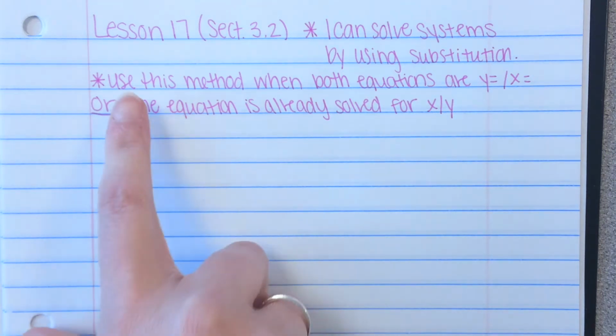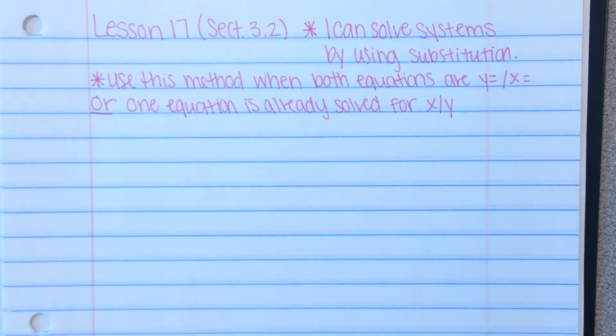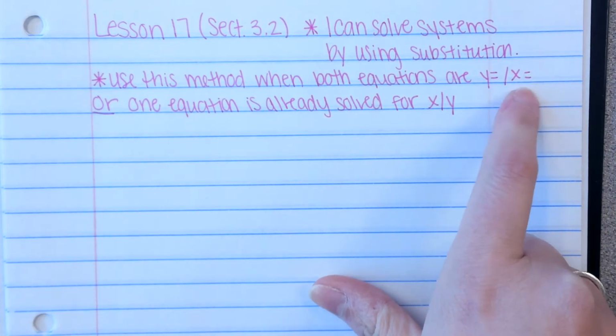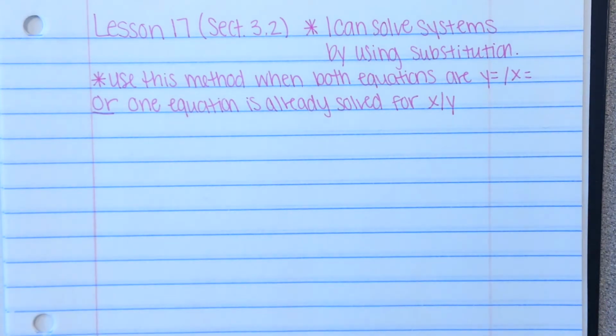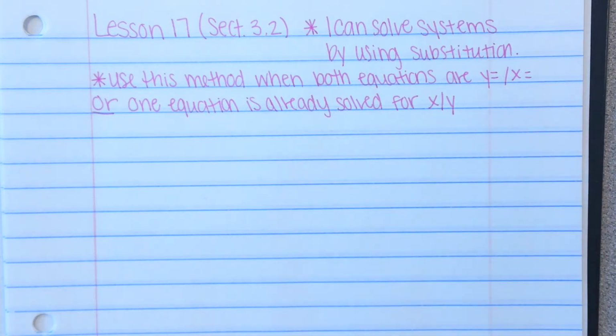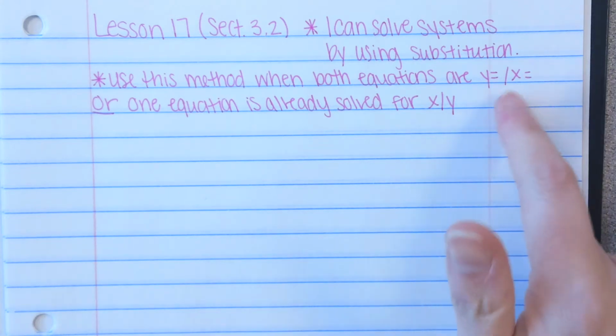All right. Just a note, we're going to use this method when both equations are set up as y equals or x equals. Okay, it could be either one, or when one equation is already solved for x or y. So in lesson 16 notes, we wrote down when each method is going to be most helpful to solve the system. So substitution is when you have one of these, and we're going to look at both types of setups